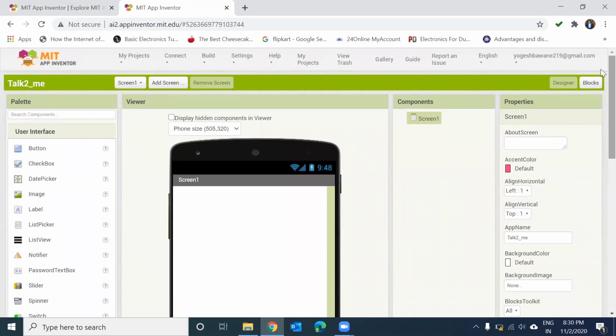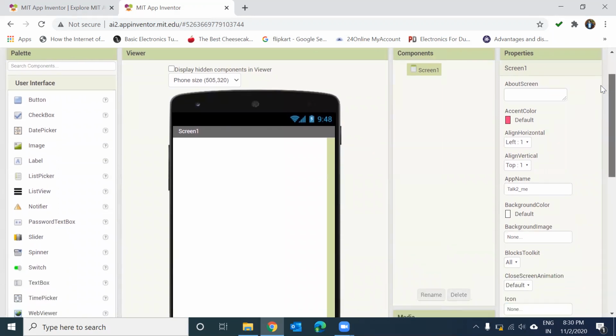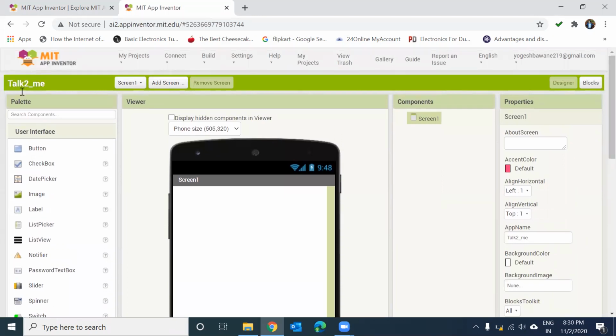Now I will walk you through all the components and some technical terms in this platform. I'll start with the components that you get with this MIT App Inventor platform. In the palette section, you will get all the components to add in your Android application.